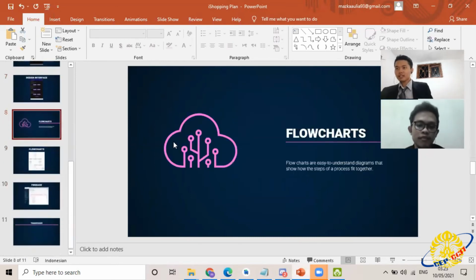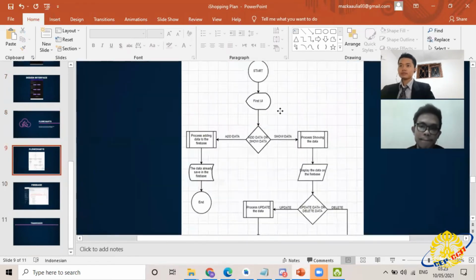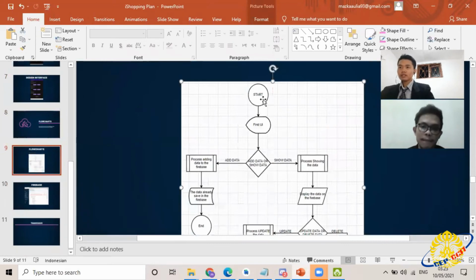Flowchart. Flowcharts are easy to understand diagrams that show how the steps of a process fit together. Okay, start. You will see the first UI, and then you choose add data or show data.